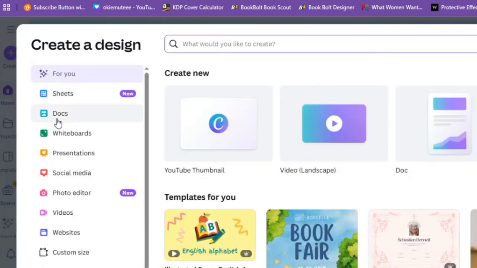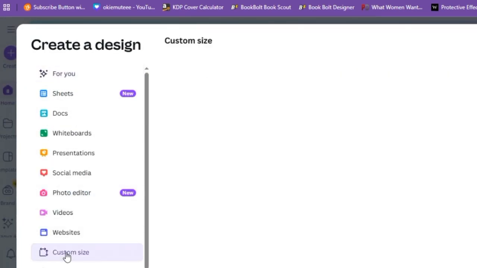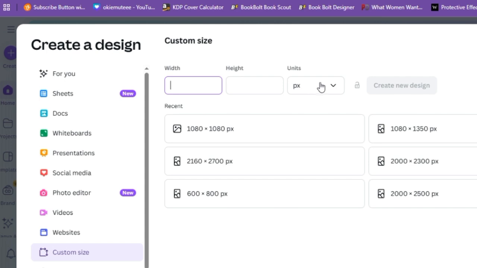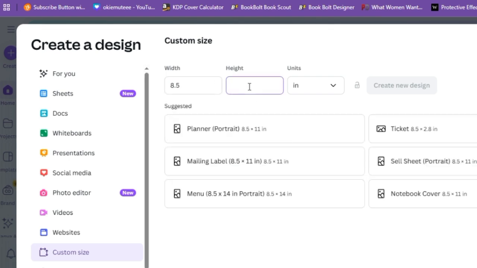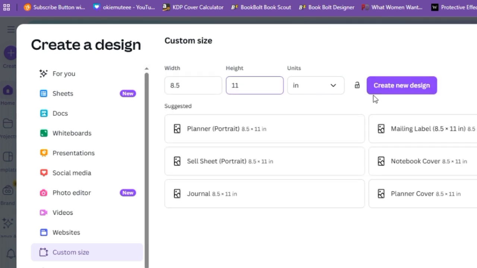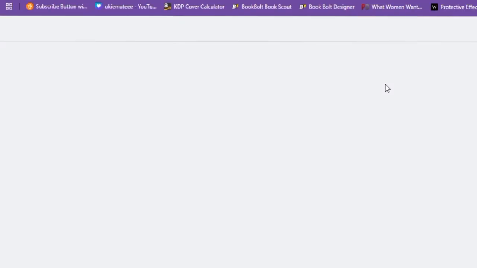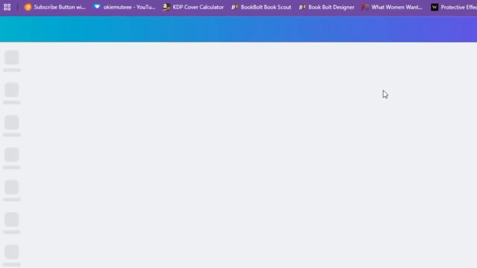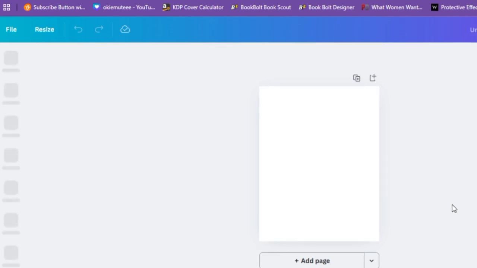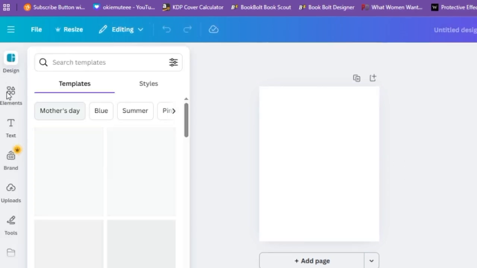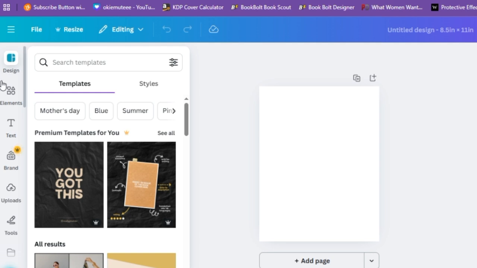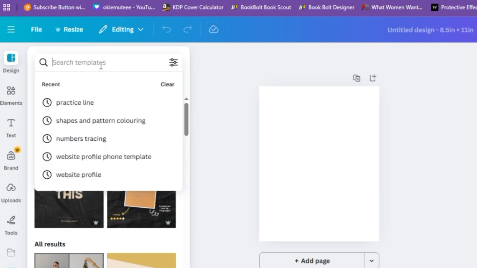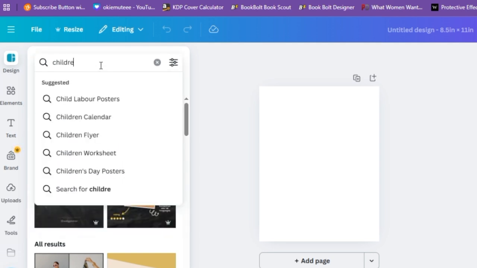So I come to Canva and I say I want to create a custom size, and I'm going to come here to change this to inches, and I'll say here should be 8.5, and then this is going to be 11 inches. Okay, so I'm going to click on create new design. And so we have an empty space where we can start creating our designs, right? So the next thing I want to do is to go to design, which is what you're seeing here. And I'm going to click here and say children